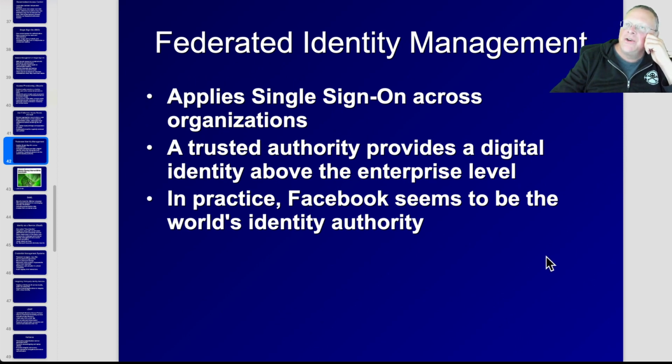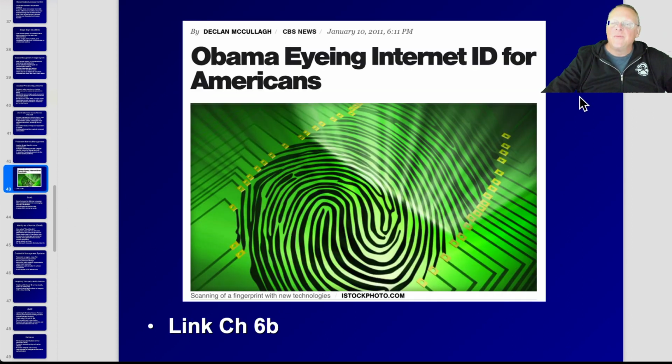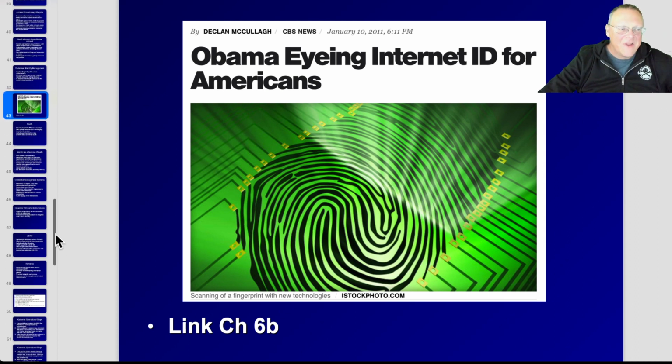Almost every site you go to will let you log in with Facebook, and that means they're trusting Facebook as the central identity authority. Log in with Facebook, Twitter, or Google is extremely common. One of the things Obama suggested was that the government would be your central management of identity for everybody. And it would be your internet ID, and then you wouldn't need to know all those passwords, and everybody was horrified, and he just sort of dropped it like he'd never said that. Because I think we all know the government, we'd probably rather trust Facebook than the government. And most of us would rather not trust either of them. Anyway,